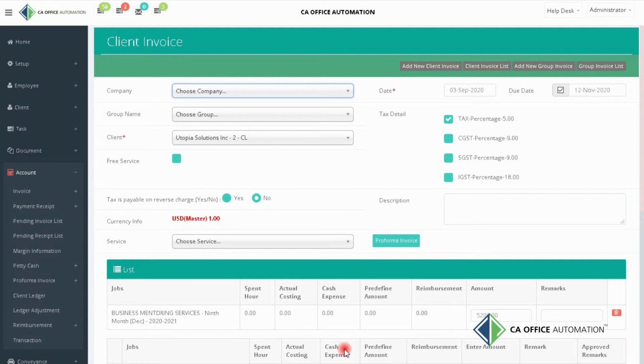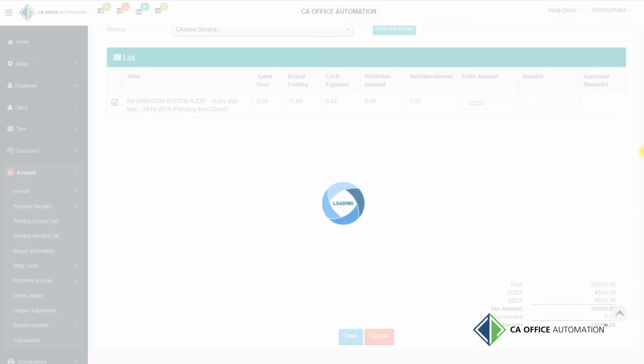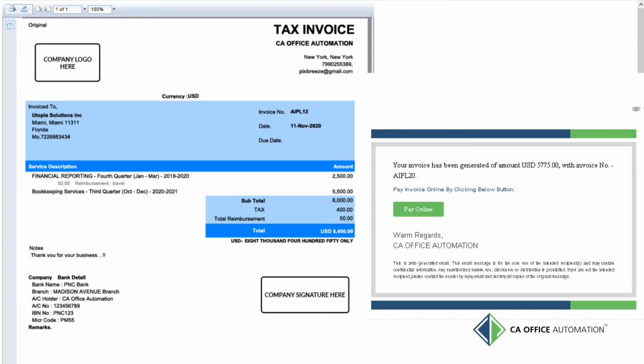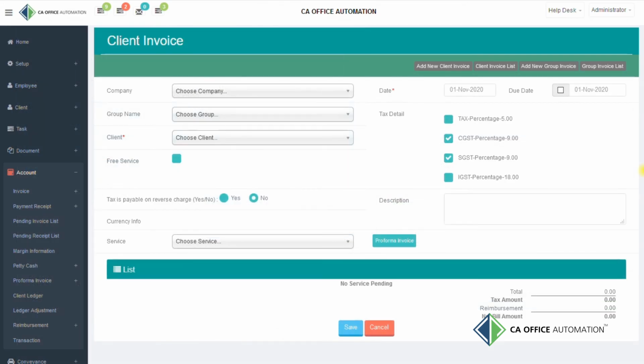As soon as you save the invoice details, you can see the invoice copy from here. Admin and your client are also notified through email and SMS. A soft copy of the invoice will be sent with an email to the client, and a payment link will be attached along with the invoice, so any client can make payment of a particular invoice, and the payment receipt note will be updated in the application automatically.